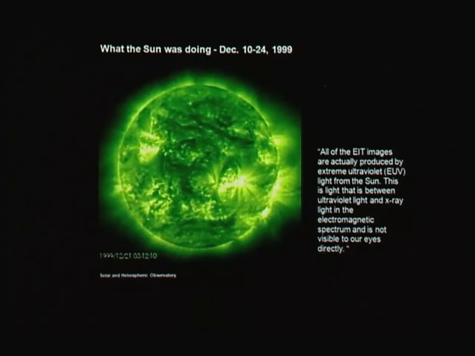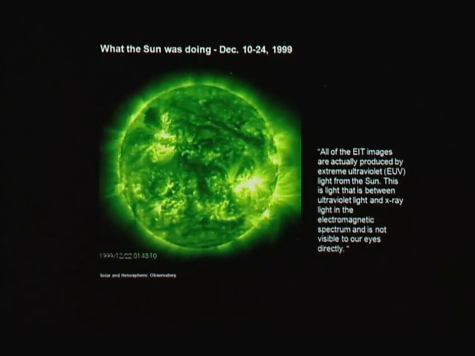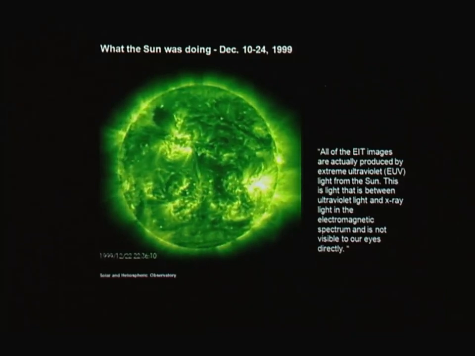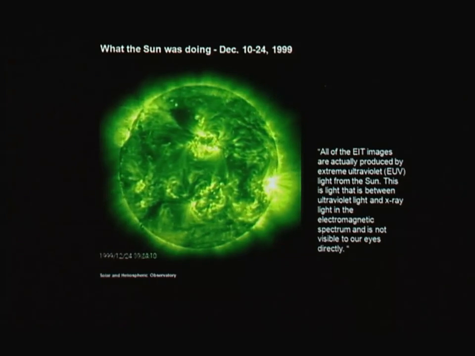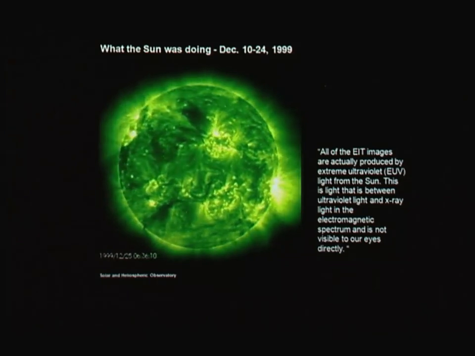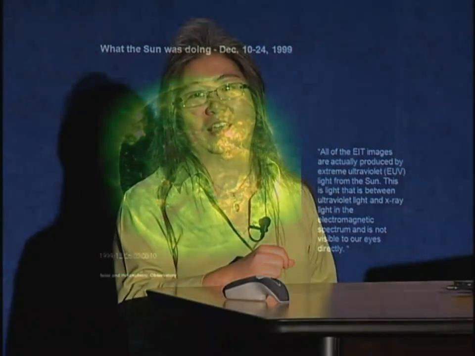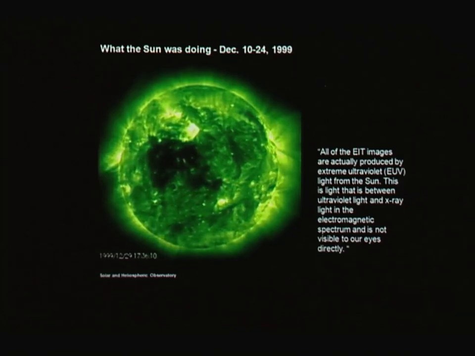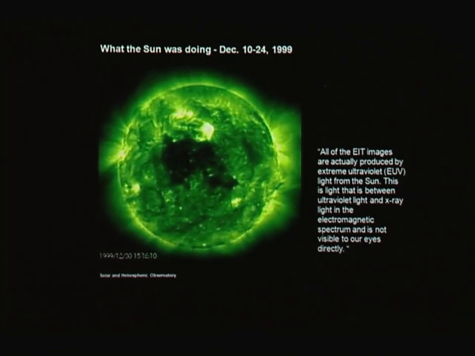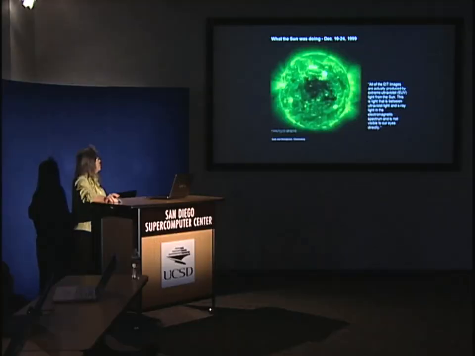On this one, sometimes you can ask kids, how fast does the sun rotate? If you look at the timer click by, it's something you can actually figure out. The sun's rotation is a lot faster than I ever thought it was when I first saw this. It's shorter than an Earth month. So it's a large object to rotate that fast. This image comes from SOHO, the Solar and Heliospheric Observatory. They have all sorts of fun images, and that will be a resource that I will have put online for you.